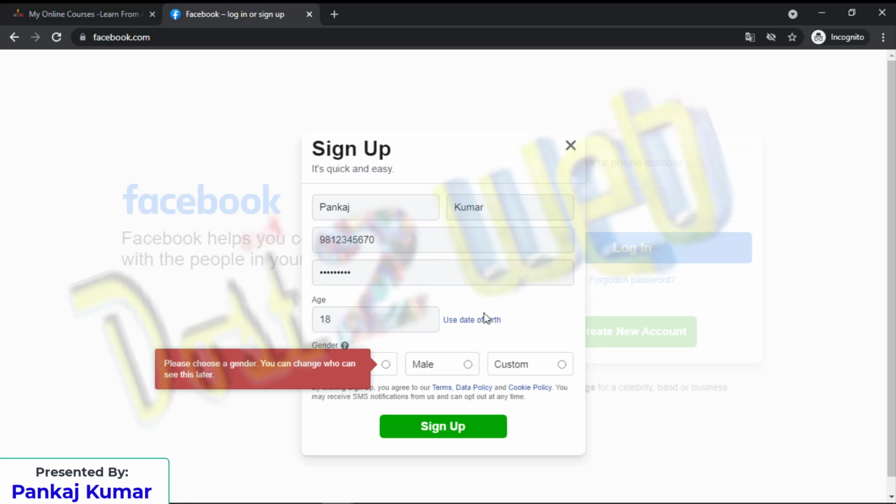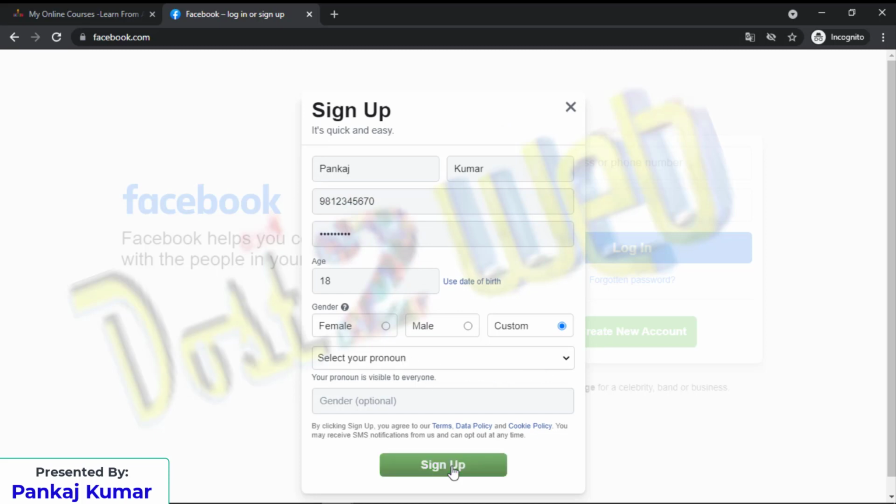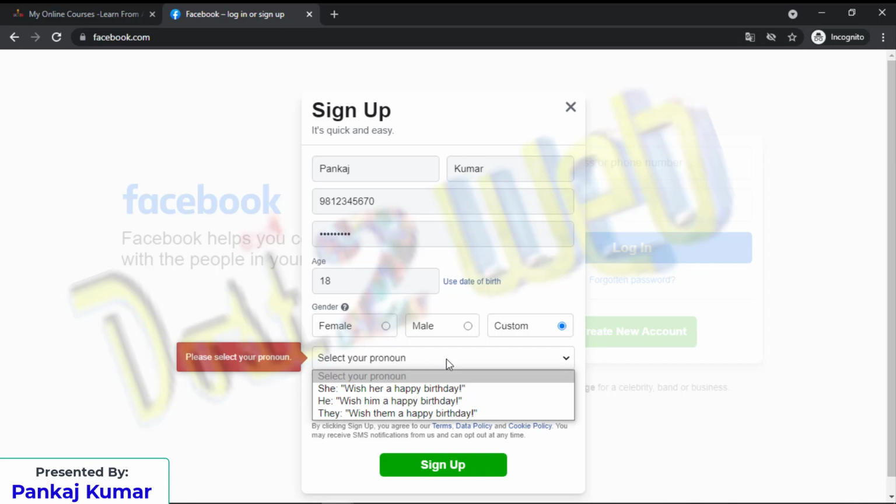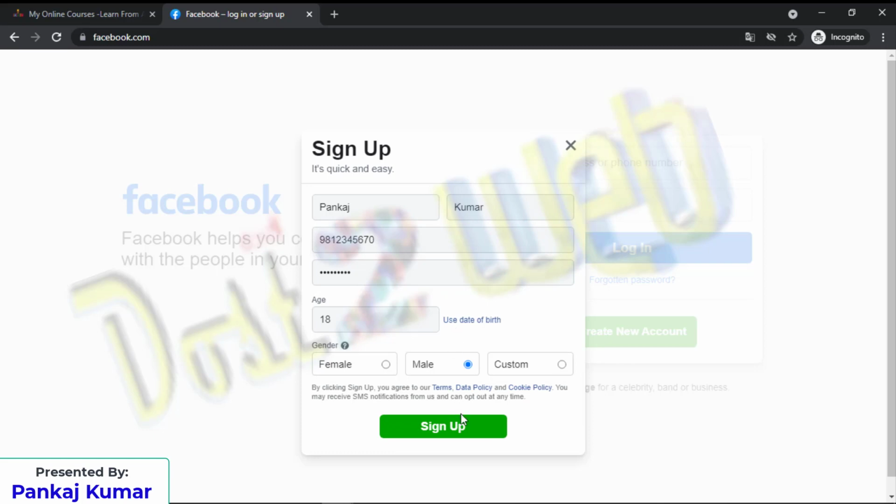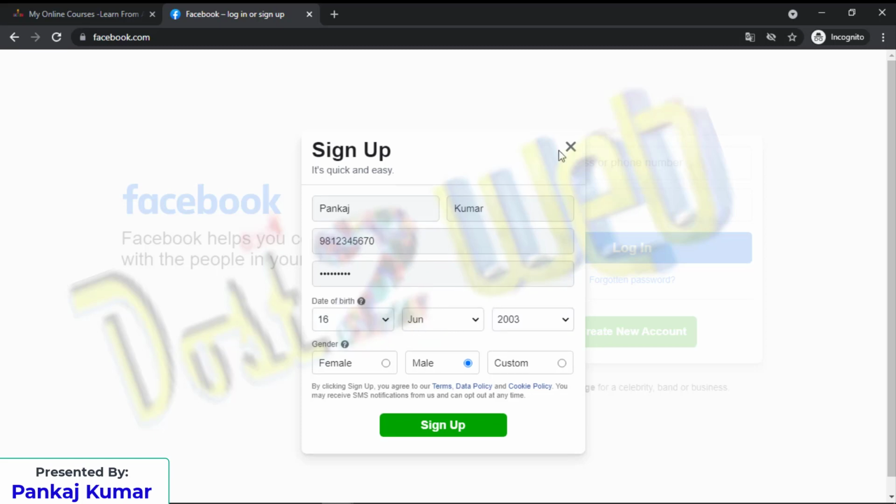So it is not asking anything to check. Now it is saying that please choose a gender. If you give custom, also it will work. See, if you click on sign up, it will highlight now in the custom what you want. You want to say he or she, whichever way you want. I'll just sign. See, it's not right. That means number code, right? Like this. Even if you want to change, you can change this. Like this way, the form validation.